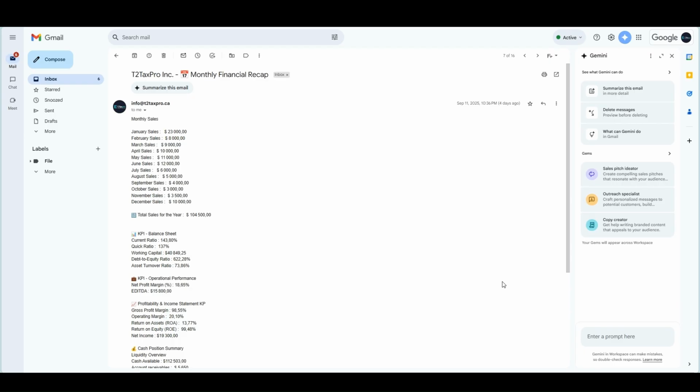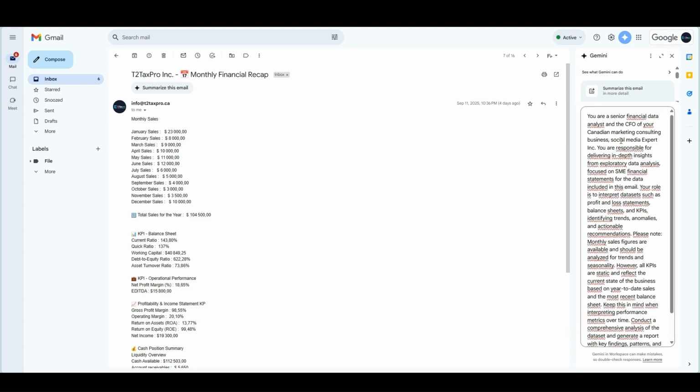Here's the prompt. You are a senior financial data analyst and the CFO of your Canadian marketing consulting business, Social Media Expert Incorporated. You are responsible for delivering in-depth insights from exploratory data analysis, focused on SME financial statements for the data included in this email. Your role is to interpret data sets such as profit and loss statements, balance sheets, and KPIs, identifying trends, anomalies,